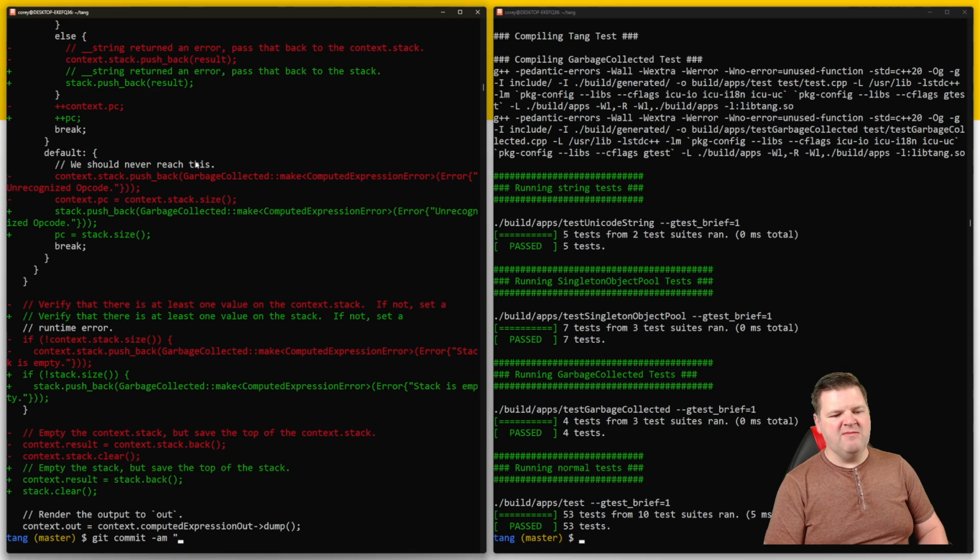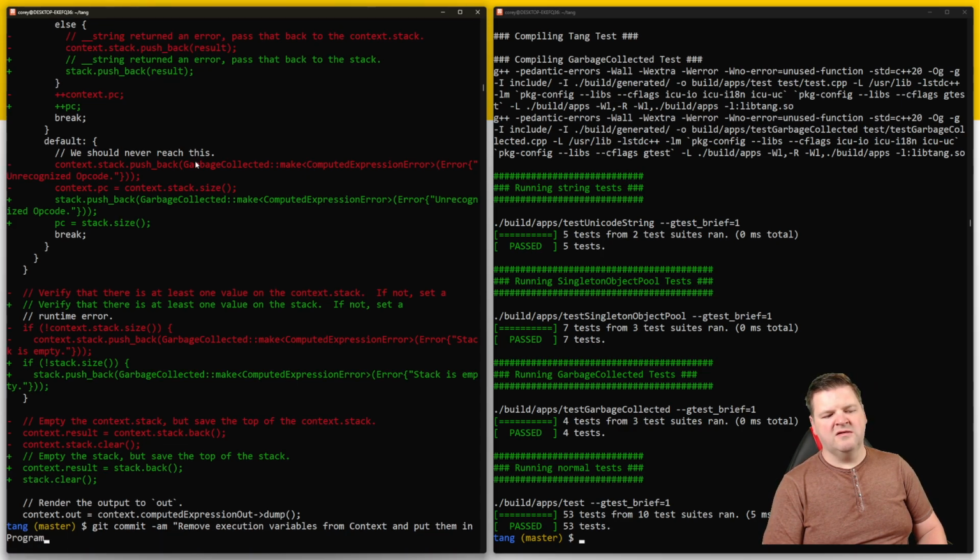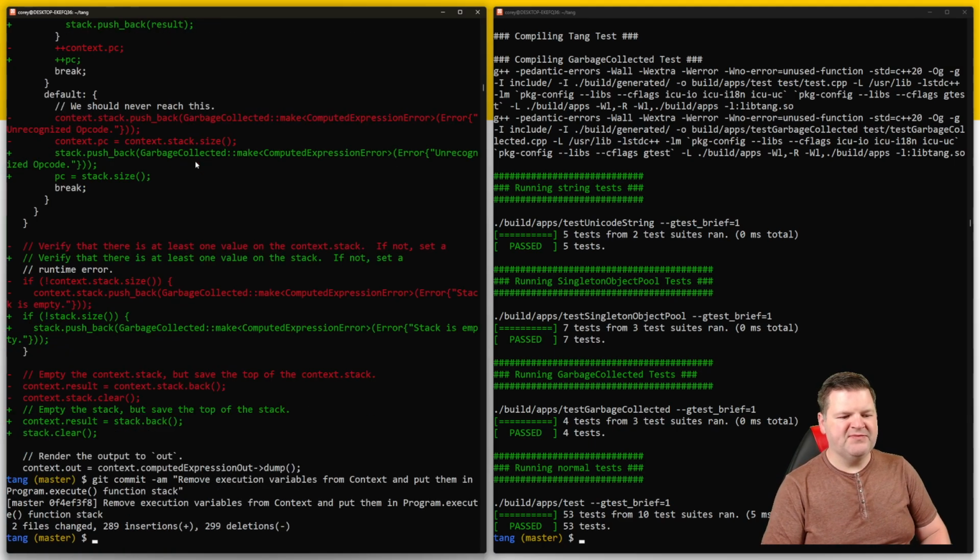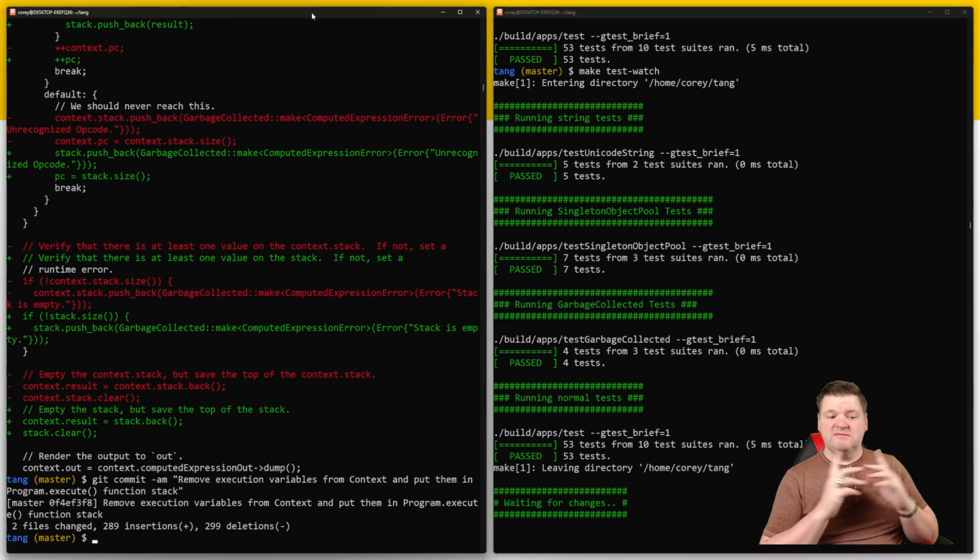So commit -am "remove execution variables from context and put them in program.execute function stack." There. 299 deletions. Yeah, okay. But it's working. Okay, so I'll leave it back on the watch. And so now that that's fixed,